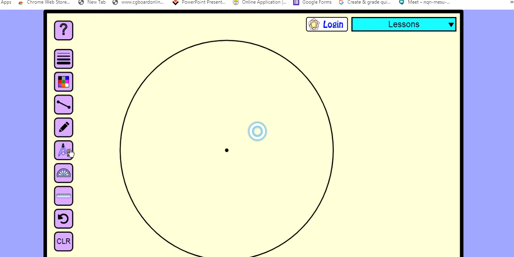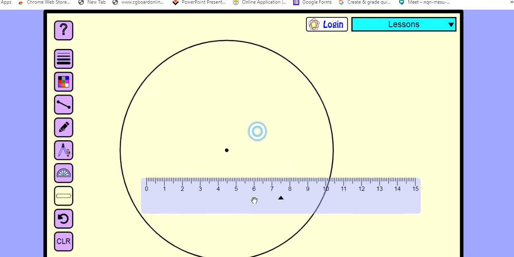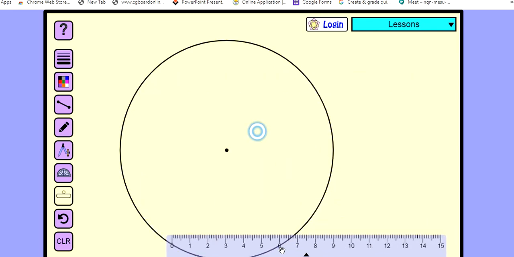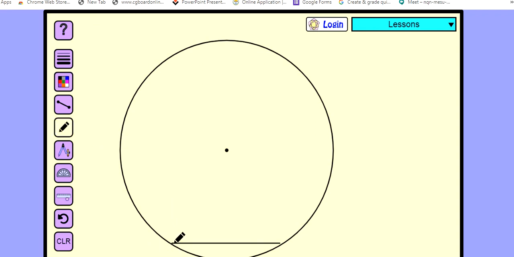Now in the circle draw a chord AB equals to 6 centimeter. Now we have to draw a chord AB 6 centimeter. So as you can see 6 centimeter we are getting here. So this is exactly 6 centimeter. So from this point to this point we will draw a chord. So this is your A and this is your B and this is your center O. Now O is the center of circle.